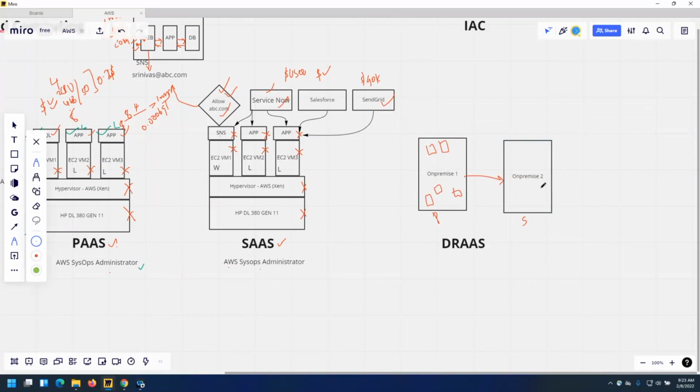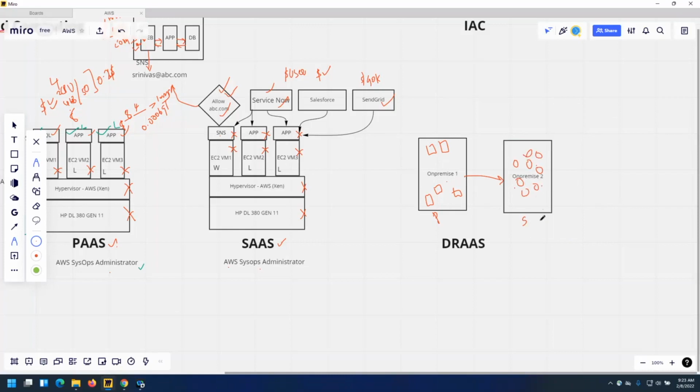Okay. So if you are replicating data from primary to secondary, it means secondary is not doing anything, just holding the data from your primary.